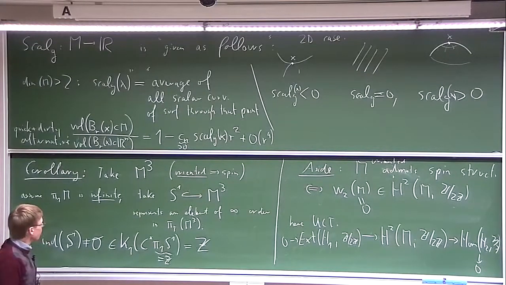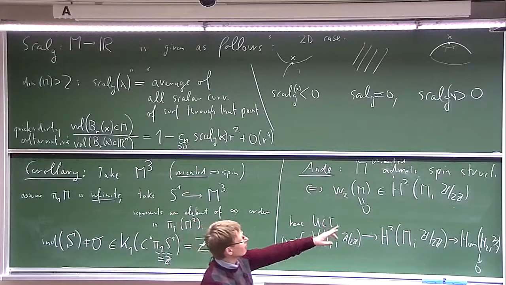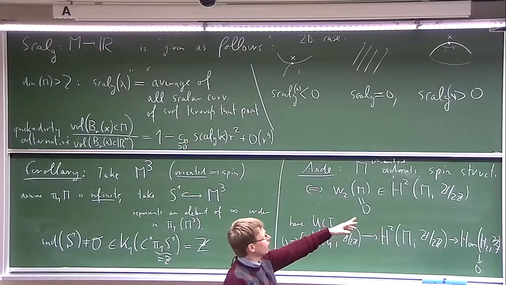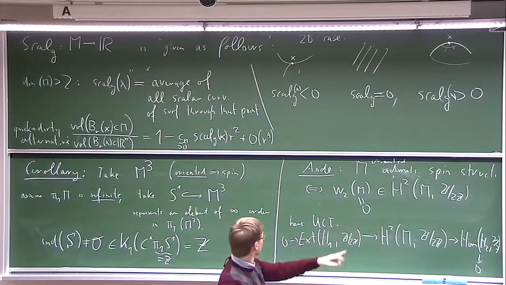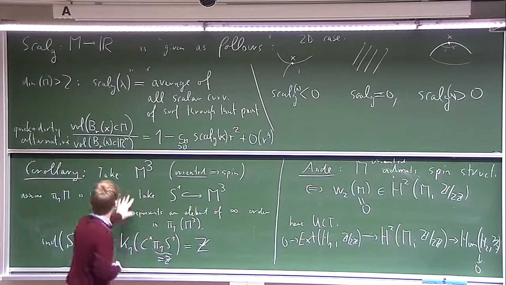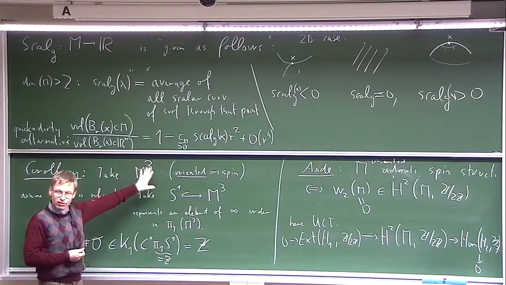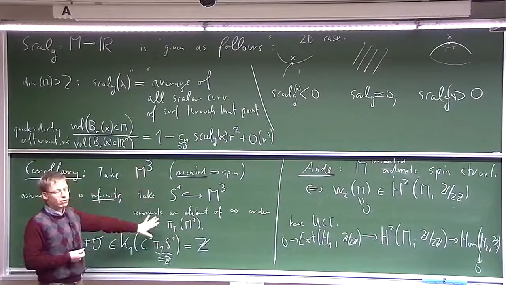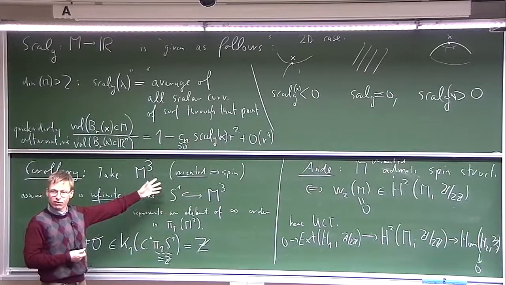Okay. But now we're done because all the conditions are satisfied. We have this submanifold with trivial normal bundle, injection of the pi 1, and non-trivial index. So the ambient M does not have a metric of positive scalar curvature. So with this result, we essentially take care of all three manifolds. None of them can have a metric of positive scalar curvature.